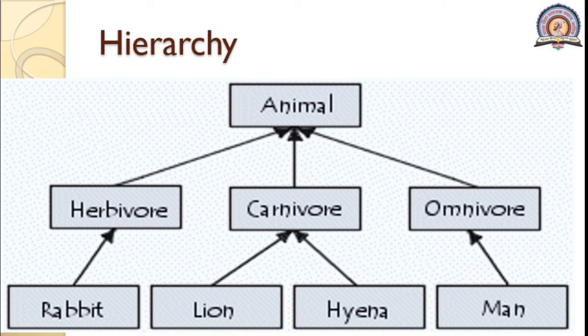So a very general class is the animal class. The animal class gets divided into three subclasses like herbivorous, carnivorous, omnivorous. Then herbivorous gets specialized as a rabbit class. For the rabbit class we can define the necessary data members and member functions or methods. In the same way it could be divided for the other two classes also. So this structure is called a hierarchical structure. The top level class is called a super class, and the others are child classes. So this is a best example of inheritance.